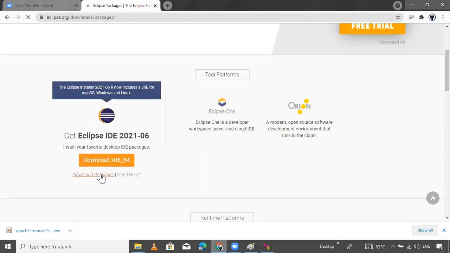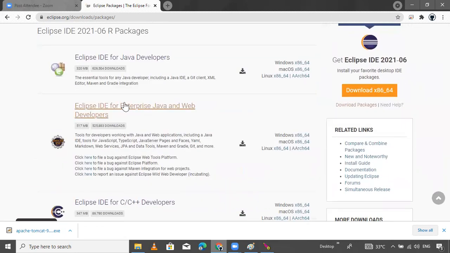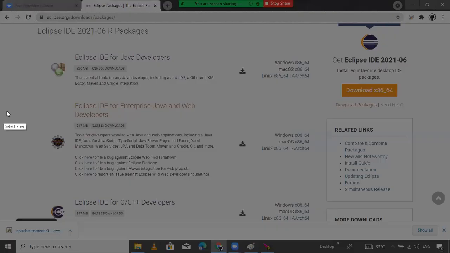At the right side, you will get some packages. We work with standalone applications as well as Java EE applications, so the recommended one is Eclipse IDE for Java EE Developers. Now copy this.